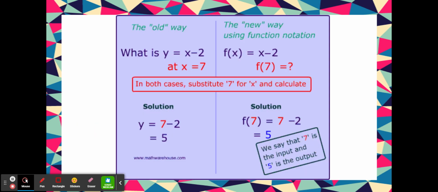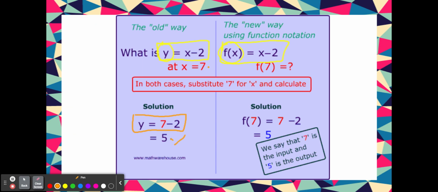All right, so you're normally used to, when we talk about a function, looking at an equation, and that's usually set up as something like y equals x minus 2. The new way we're going to do it, which is called function notation, is we're going to change it. Instead of saying y, we're going to say f of x is equal to x minus 2. And if I said the value of x was 7, you're going to substitute in 7 both times. So to find the solution, you're going to say y equals 7 minus 2,